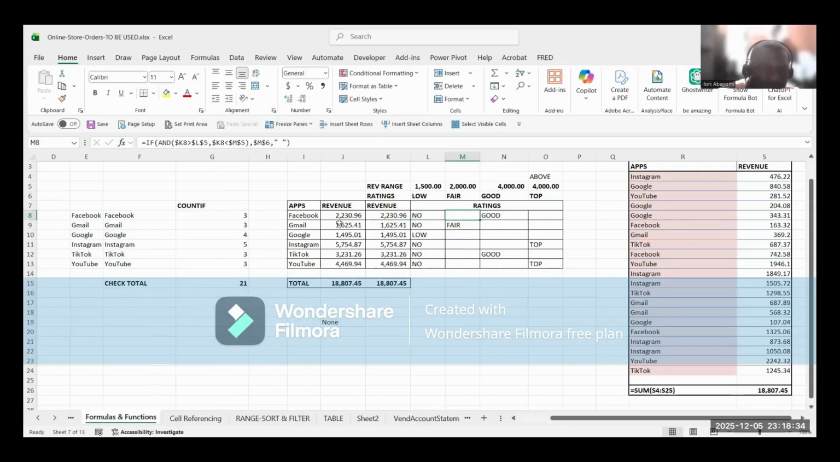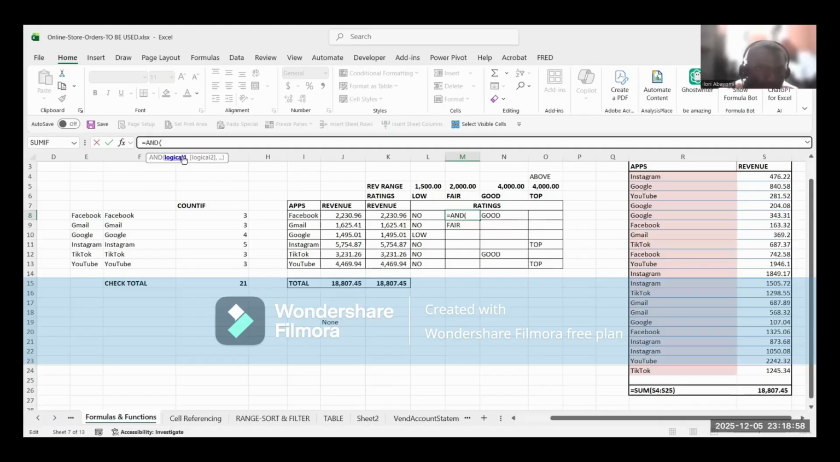I don't want to use that. I deleted this in here. I want to write it my own way. I said equals to if. Okay, I want to introduce the AND function first. I said AND. Okay, so two or more logical tests. So I said logic one is what? Logic one is that if this revenue,